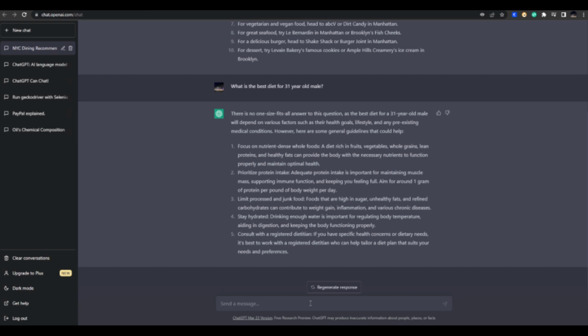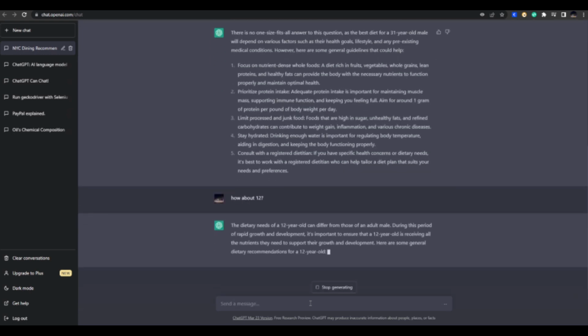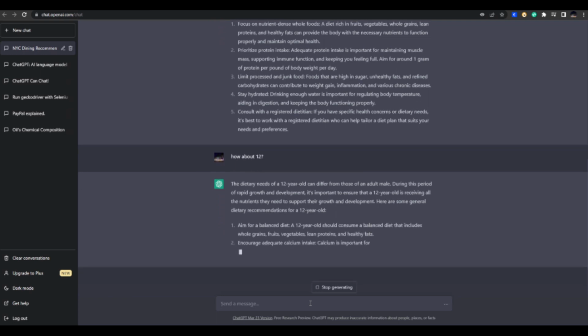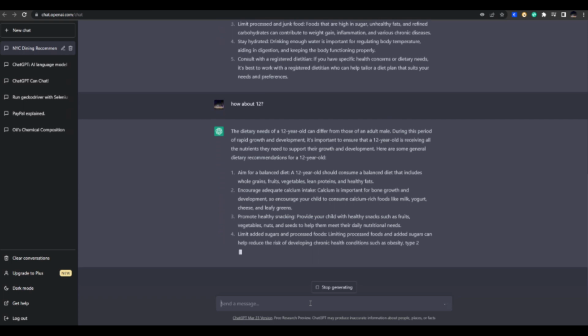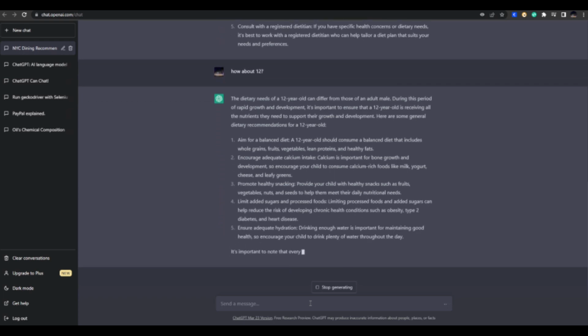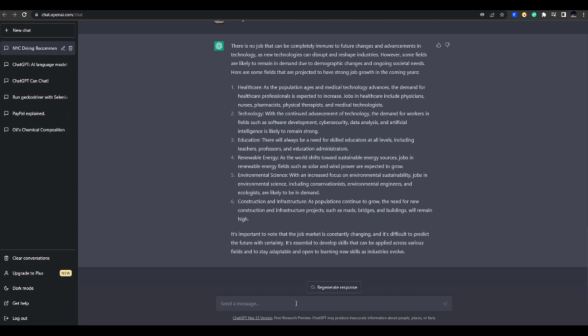Now here, remember that we were asking for a 31-year-old male. So say, for example, you say, how about 12? So it is going to change its answer based on a 12-year-old. All right, so here we just said 12. So this is how it understands your questions. Okay, so you can also give it a more advanced task. For example, you can say,